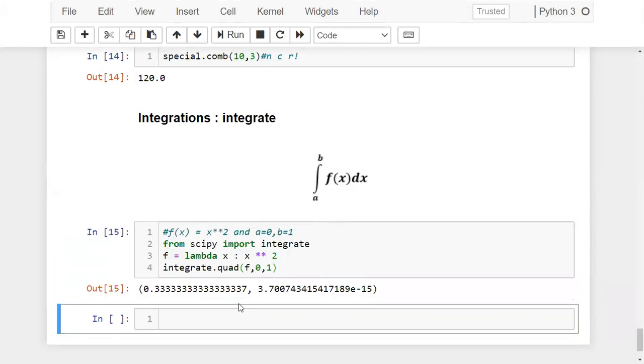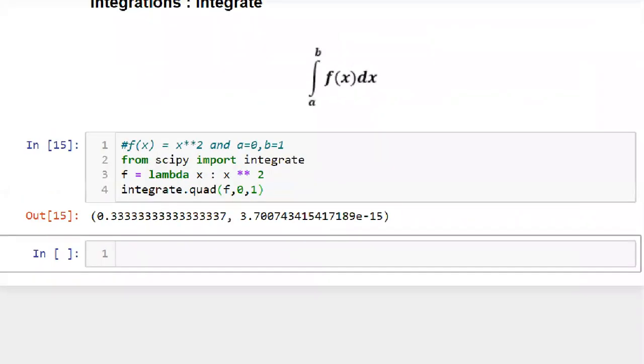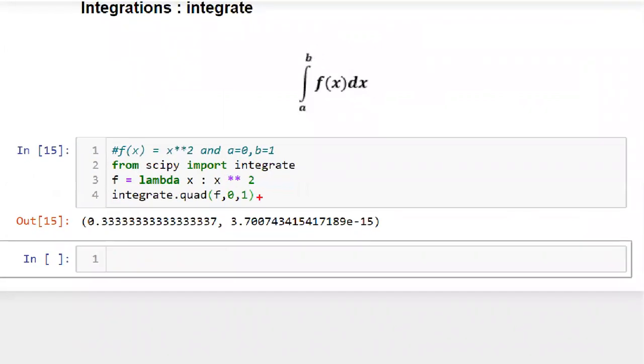It will take some time to import. If you observe here, after calculating integration, it should return only one value, but it is giving two values. What are those two values?